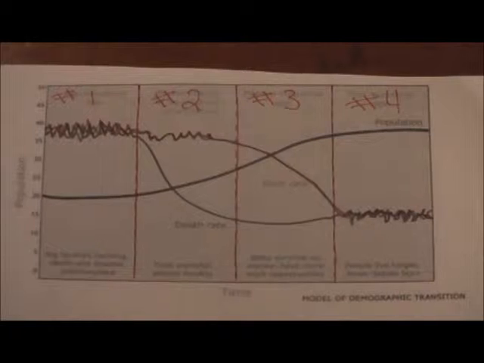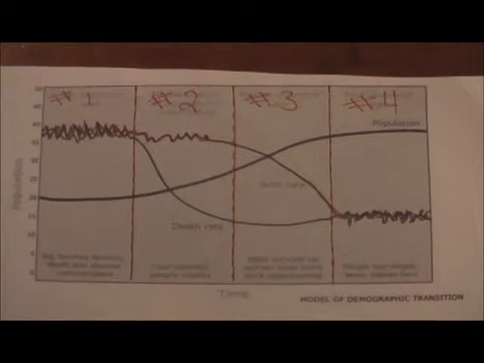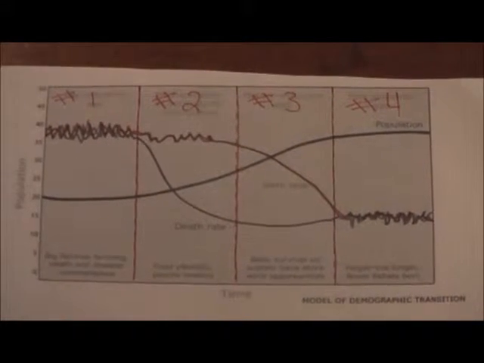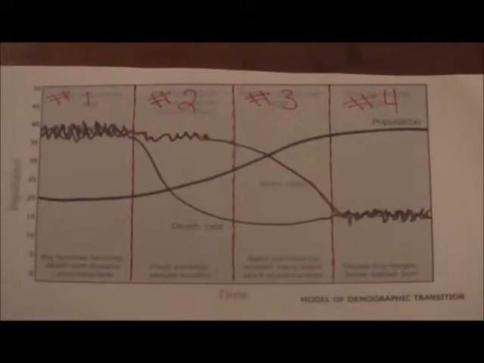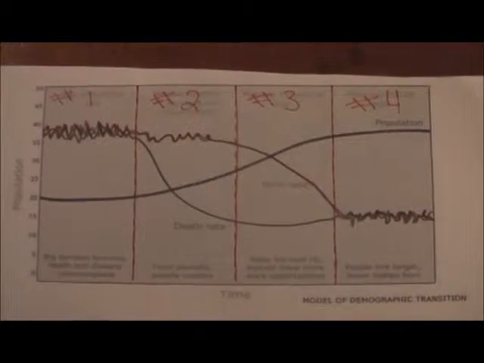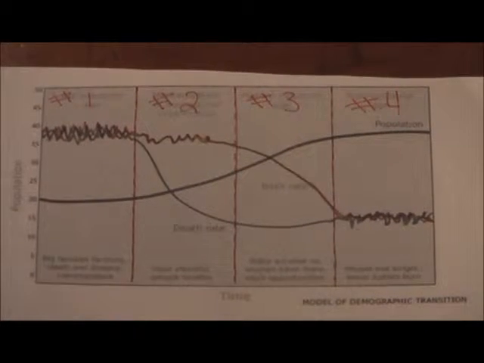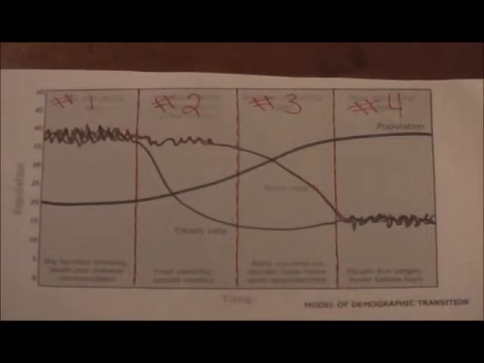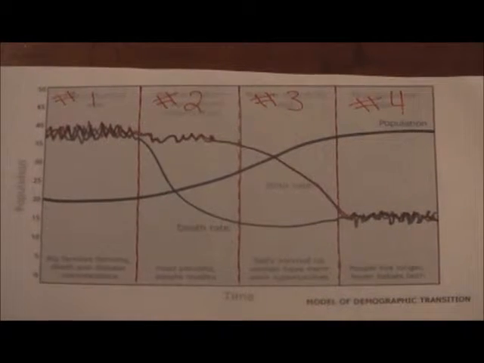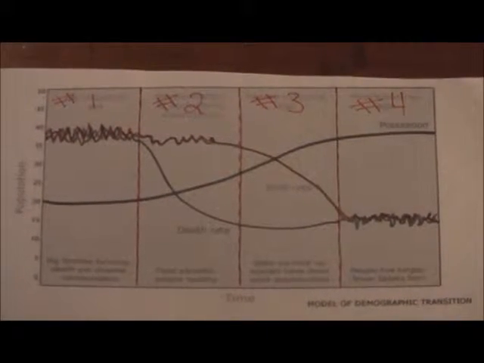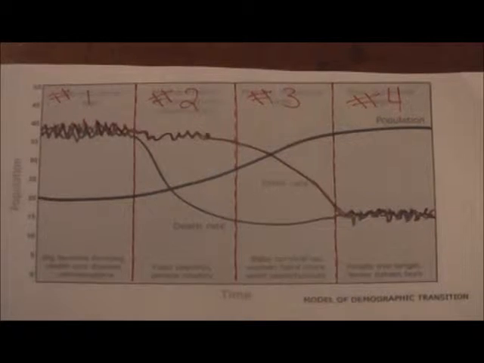Now we're going to move over to 3. Birth rates fall due to access to protection, increasing wages, and urbanization, and that's just going to take us to where the population starts to level off a little bit. And we're going to go to number 4, just the far right, where you see birth rates and death rates are both low. Birth rates may drop below replacement level, leading to shrinking populations, which would be a good thing at this time. So with this all being said, hopefully going forward, as humans, we're going to try to reach that 4th stage for everyone, even for the developing countries.